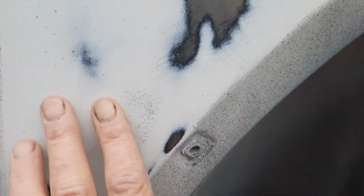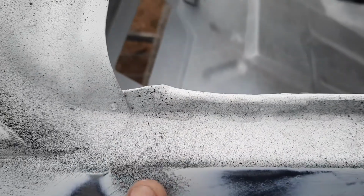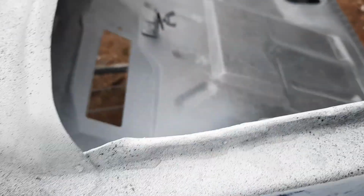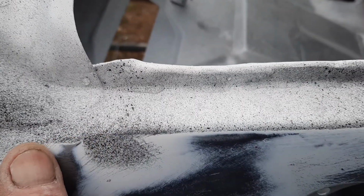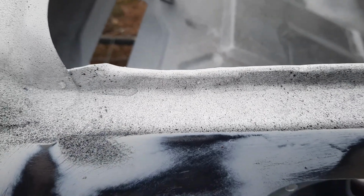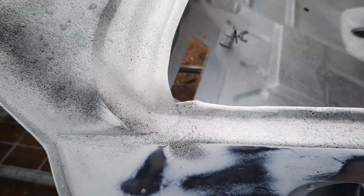Again, down here, I've hit metal. This one's not deep. This one I could get away with just a bit of primer on it. Up here again, we have another dent, quite deep. And you look at these things and you think, well, why didn't I notice that before? I can feel that. But yeah, when you're doing a whole car, you tend to miss